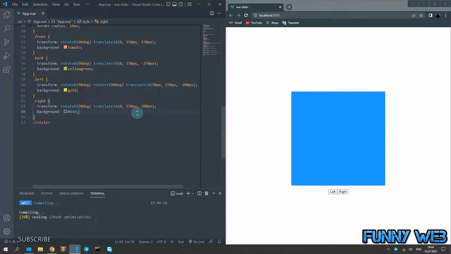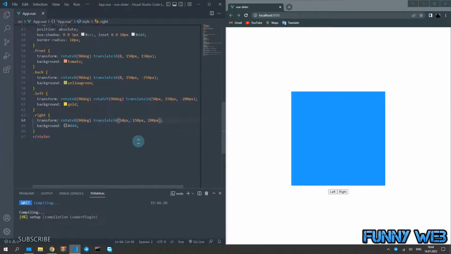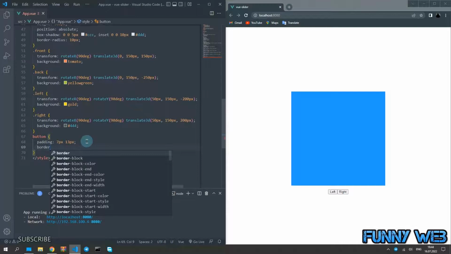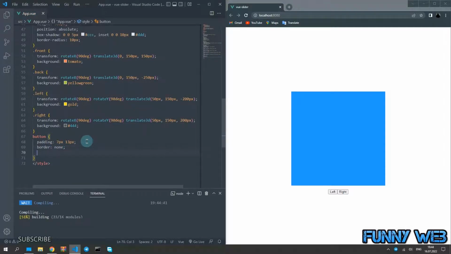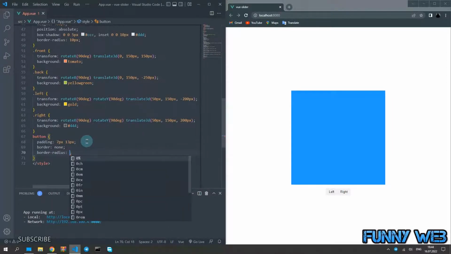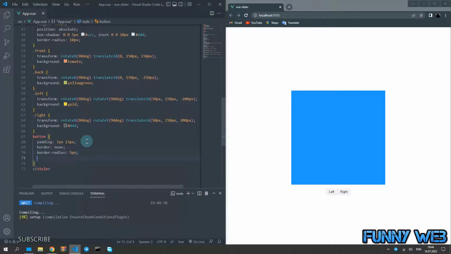And the last thing to add to the style is a button. We write button, after it curly braces, inside of it we write padding: 7px 13px; border: none; border-radius: 5px; text-transform: uppercase; text-shadow: 0 0 5px